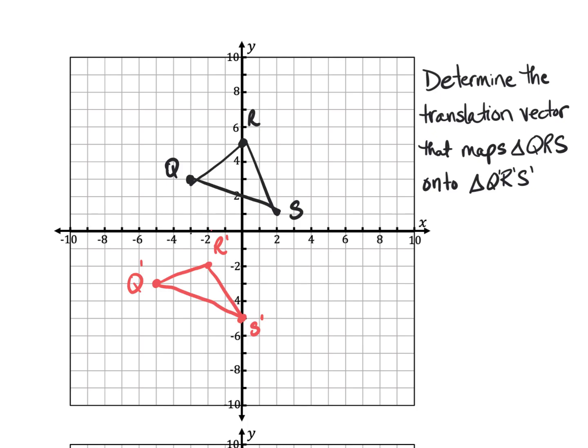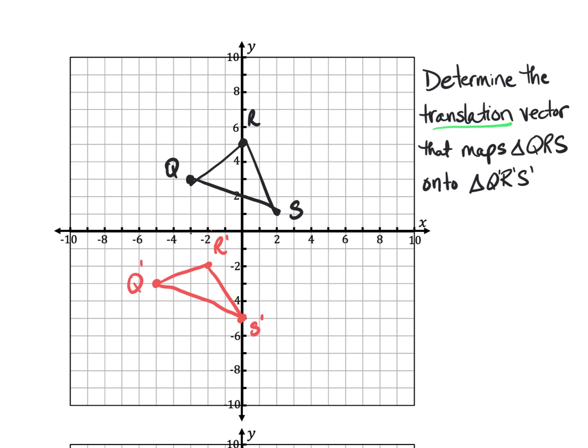There are three types of transformations that we're going to be looking at in Unit 4. The first one is what we call a translation. Now, another word for translation is a slide, where we take a figure. In this particular case, we have triangle QRS, and we're just sliding it to a new position on the graph. You'll notice that Q, R, and S,